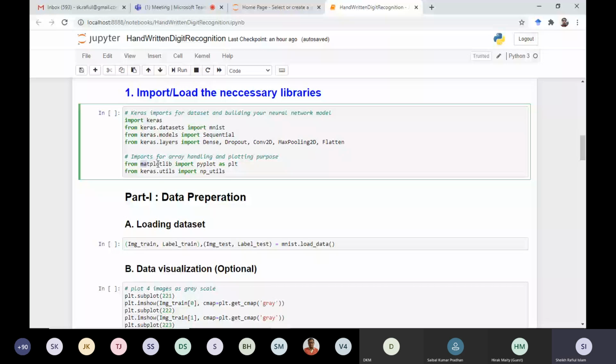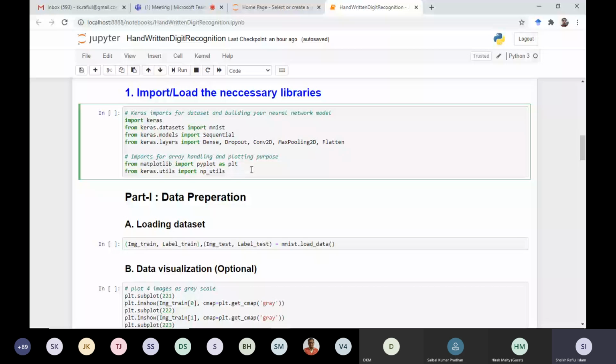From them, we will use pyplot, Python plot, and here we have used it as plt, which is nothing but an alias name. If you don't use it, it does not matter. Instead of using the full name pyplot, we can have this short name, so that's why we use aliasing there. That is optional. And there are some NumPy utilities to perform some tensor-related operations. We require this tool.